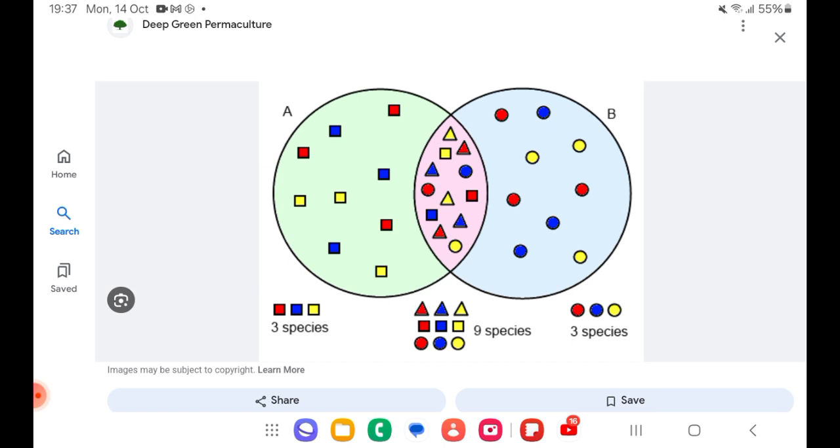See, if there are 3 species in the forest ecosystem and 3 different species in the grassland ecosystem, these two kinds of animals will be present in this transition zone, right? Based on the adjacent ecosystems, the diversity will be more. That is said to be edge effect. There will be 9 species, not just 3, because of more diversity. Even the forest animals can adjust, even the grassland animals or species can adjust to that particular region. That is said to be edge effect.